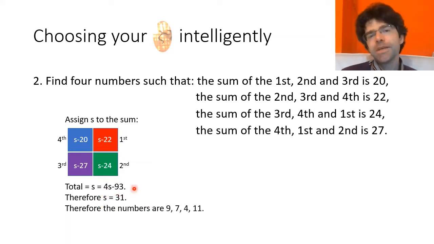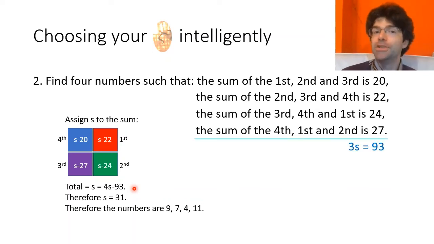Well, incidentally, another way that you could reach s is 31 very quickly is just to add up these 4 equations. That's not how Diophantus does it, but that would be a neat way to do it. Each of the equations is asymmetrical, but their sum is nice and symmetrical, with all 4 unknowns being represented 3 times over.